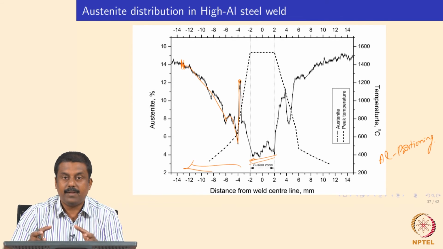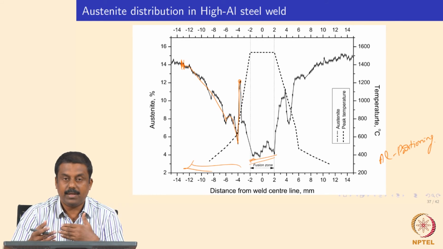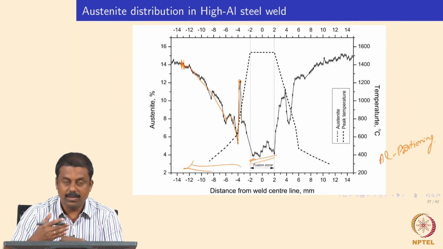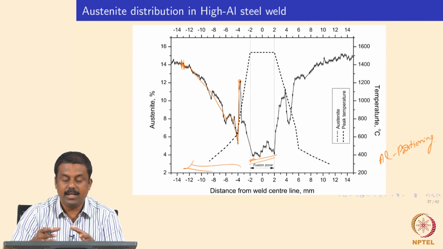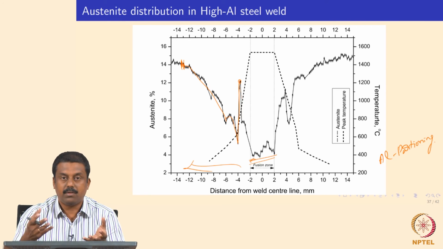So I already explained the effect of peak temperatures when the peak temperature is less than the A1 temperature. A1 temperature is the temperature above which you nucleate new austenite while heating, and if it is less than that temperature, whatever retained austenite is present in the microstructure would decompose, okay, based on the peak temperatures again. When the temperature is just below A1 temperature, you decompose all retained austenite to mixtures of ferrite and carbides. And the moment you go to the intercritical temperature above A1, you will end up having a partitioning of carbon between the coexisting ferrite and austenite, and that can lead to increasing austenite fraction in the intercritical region. Subsequently, when your temperature goes above A3 temperature, where you have a fully austenitic microstructure, there is no partitioning.